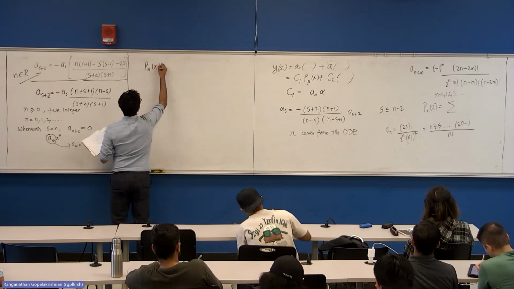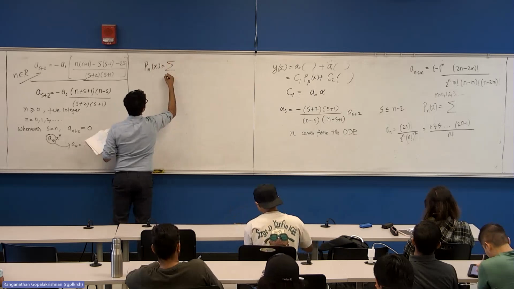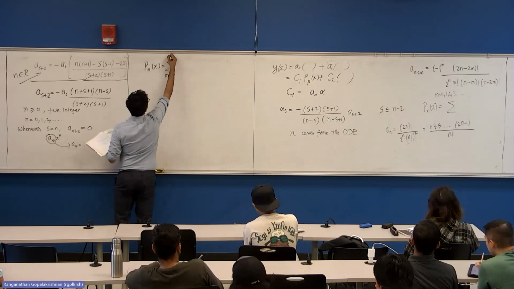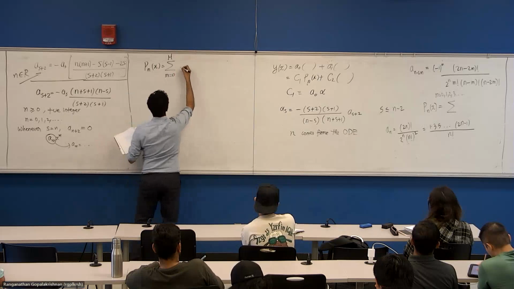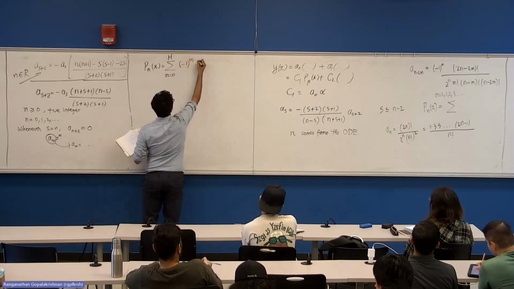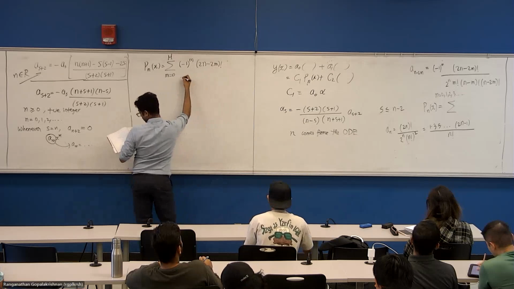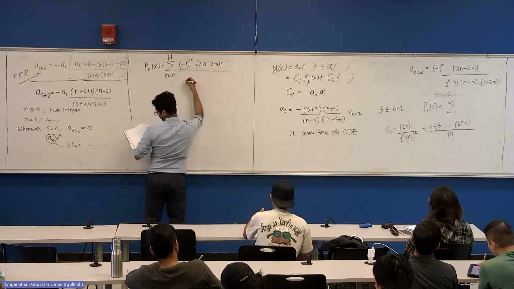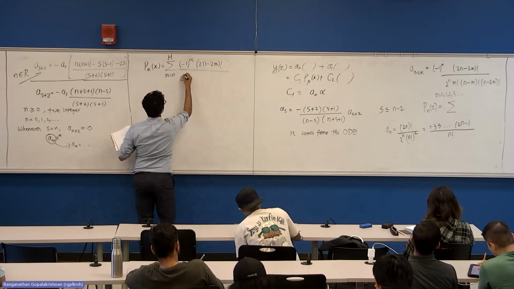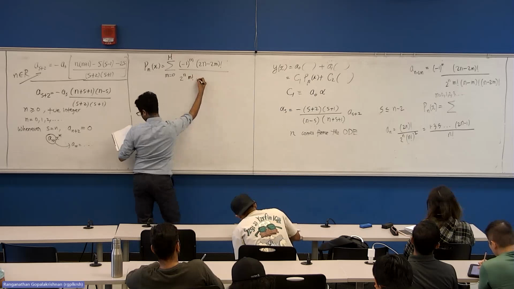Pn of x is the summation from m equal to 0 to uppercase M of minus 1 power m times 2n minus 2m factorial, divided by 2 power n times m factorial,